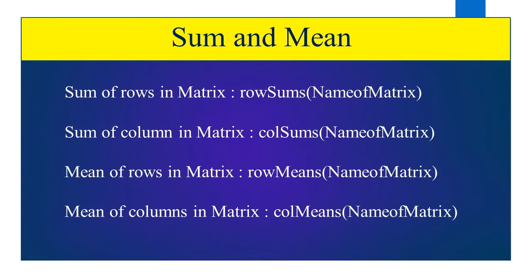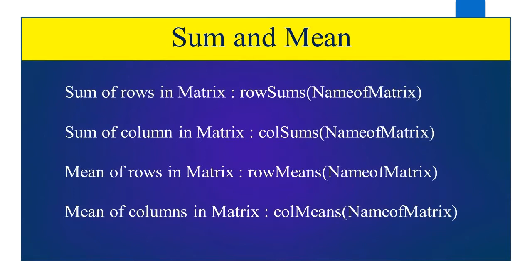It needs to be noted that the S of sum and M of means are in capital letters. The general syntax is, for the sum of rows in a matrix we need to write rowSums, bracket start, name of the matrix, bracket close. To find the sum of columns in a matrix we need to write colSums, bracket start, name of matrix, bracket